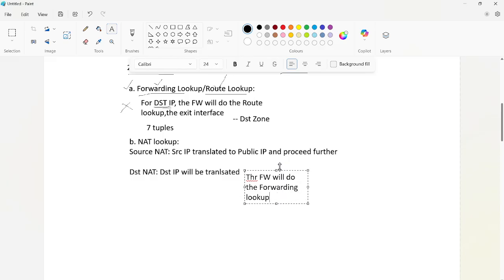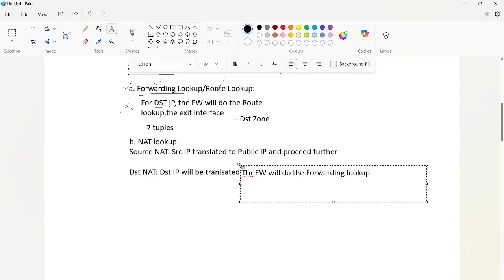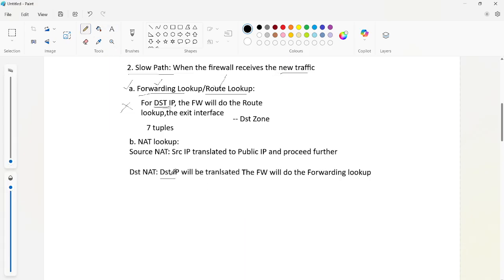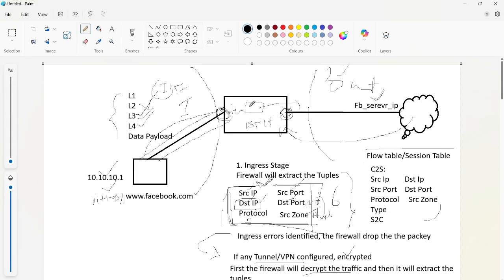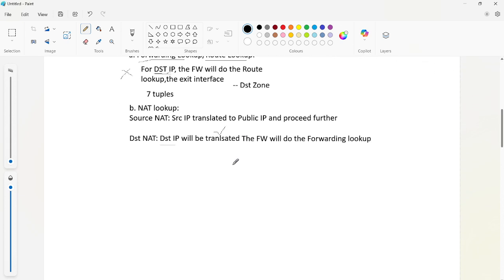Why are we doing the forwarding lookup again? Because the destination IP got changed. For the translated destination IP, the firewall is going to look whether there is any route in the routing table or not. If there is a route in the routing table, it will identify the exit interface, the next stop, and where it has to be sent. So that is the reason.